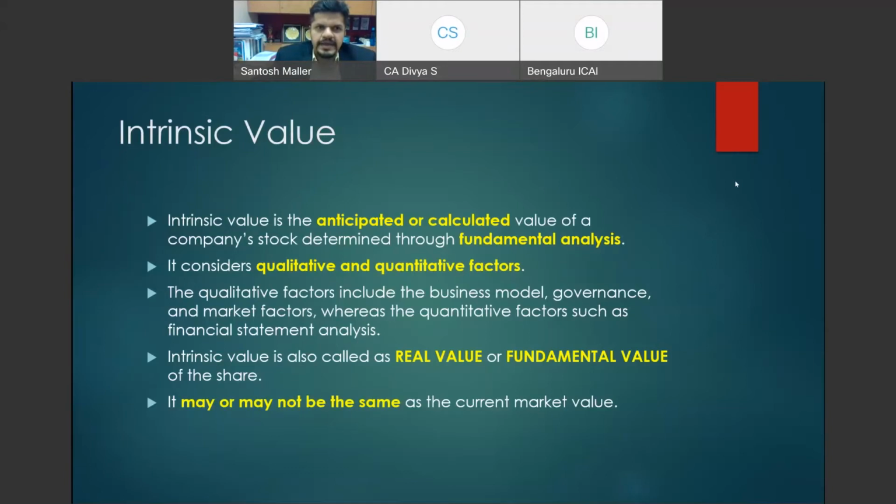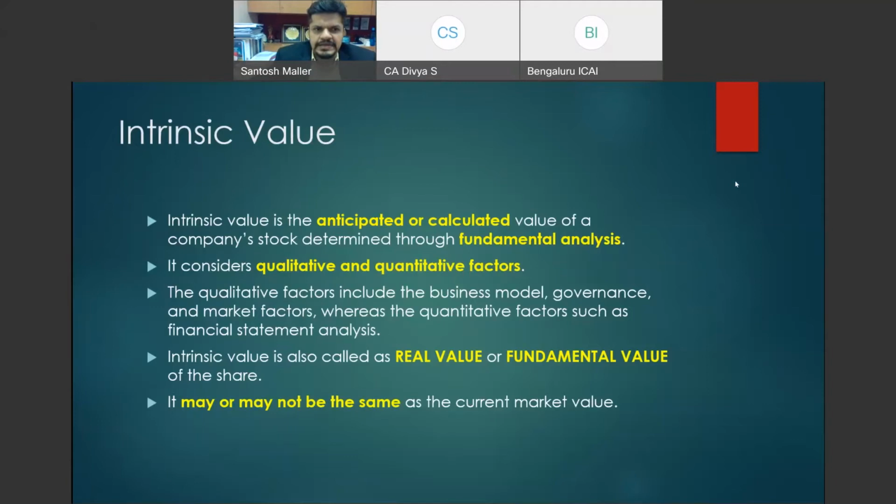So I cannot be saying that it is a non-going concern on a distress sale basis, that I'm going to close down the company, and on that basis, I will be working out the valuation. The underlying assumption has to be that I am basically going to operate the company on a going concern basis. Otherwise, there is no valuation. There is an anticipation. So the term anticipated or calculated, that is what I'm talking about in this example.